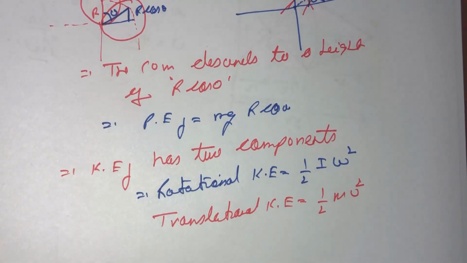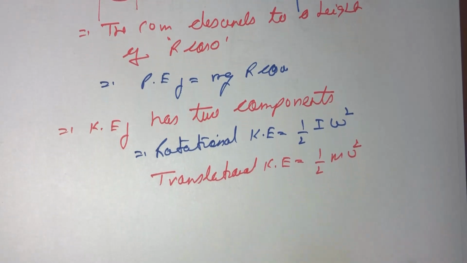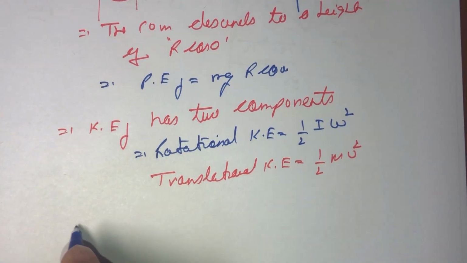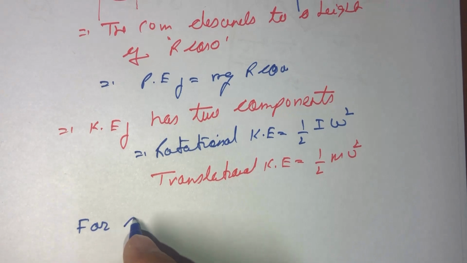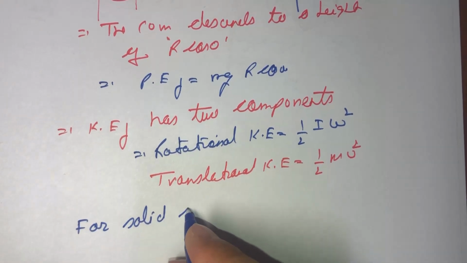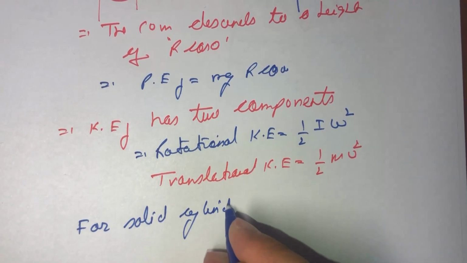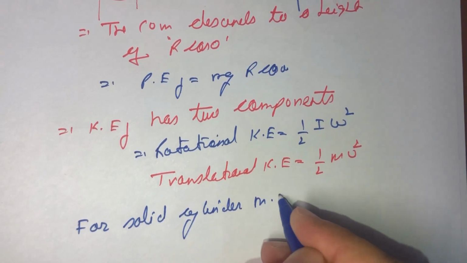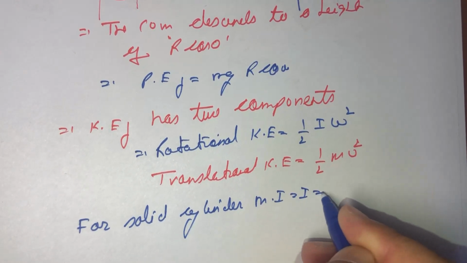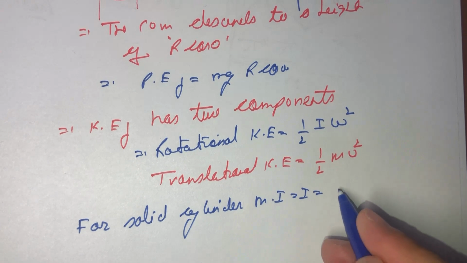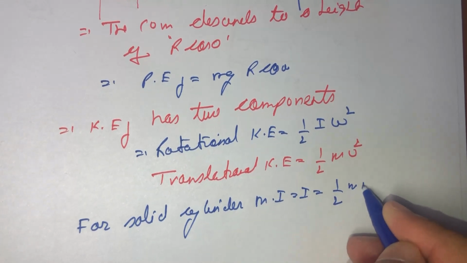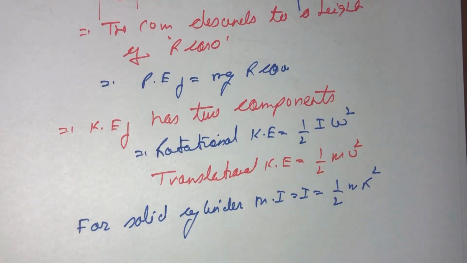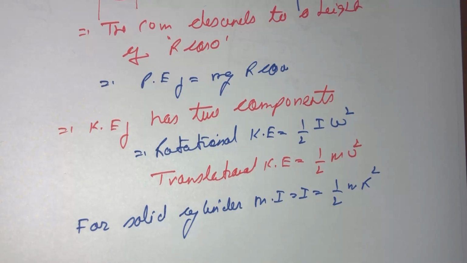And for a solid cylinder, the moment of inertia we already know. For a solid cylinder, moment of inertia I is equal to half m r square, and it is said that it is rolling without